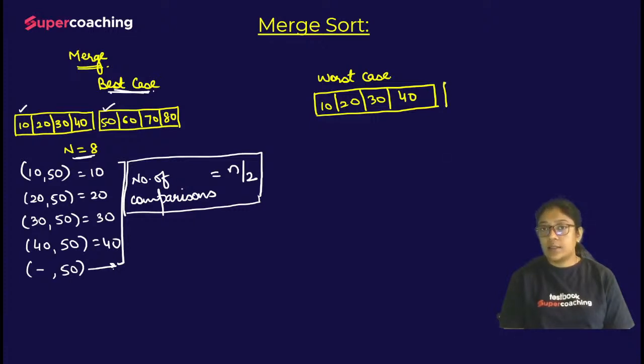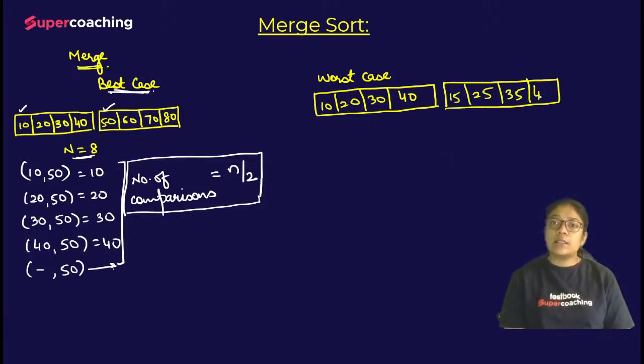In the second list, I'm taking the elements 15, 25, 35 and 40. Within the list, these elements are also sorted. Both lists are sorted. Now we want to merge these to get a single list. So we'll be considering the first element from both lists. So 10 will be compared with 15. 10 is smaller. So now since the element is picked from list 1, we'll be considering the next element